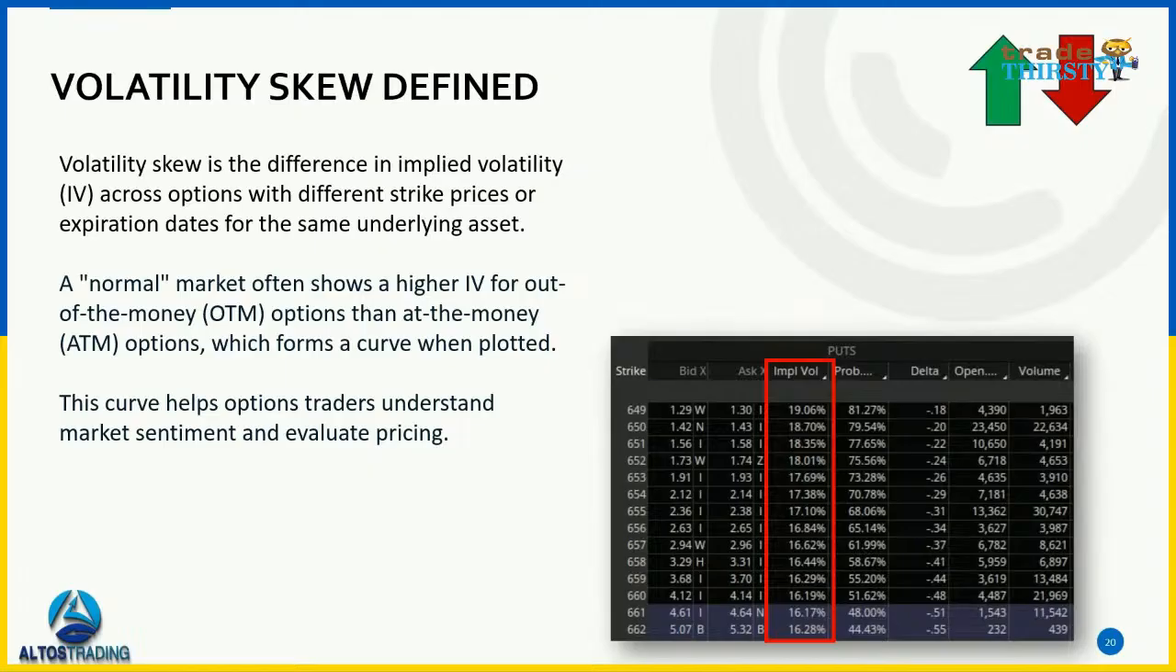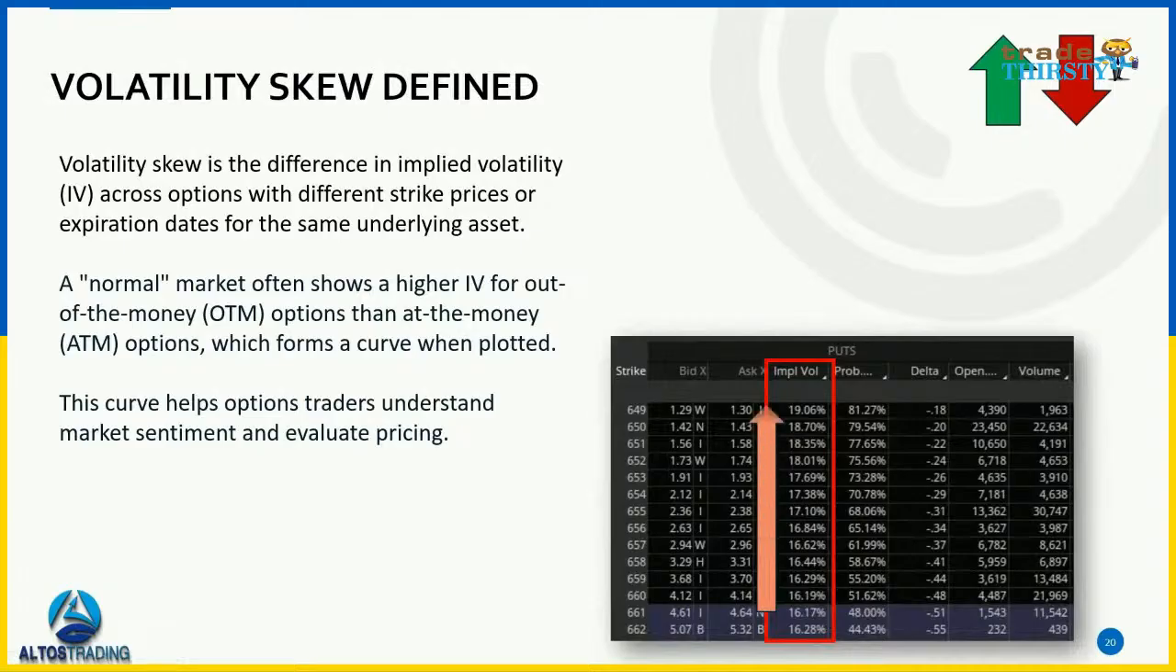So first we have to understand vol skew. It's essentially the difference in implied volatility across options with different strike prices or expiration dates for the same underlying asset. A normal market will often show a higher IV for out of the money options than at the money options, and that forms a curve when you plot it on a graph. That curve will help us understand market sentiment and evaluate prices. So this is what it looks like